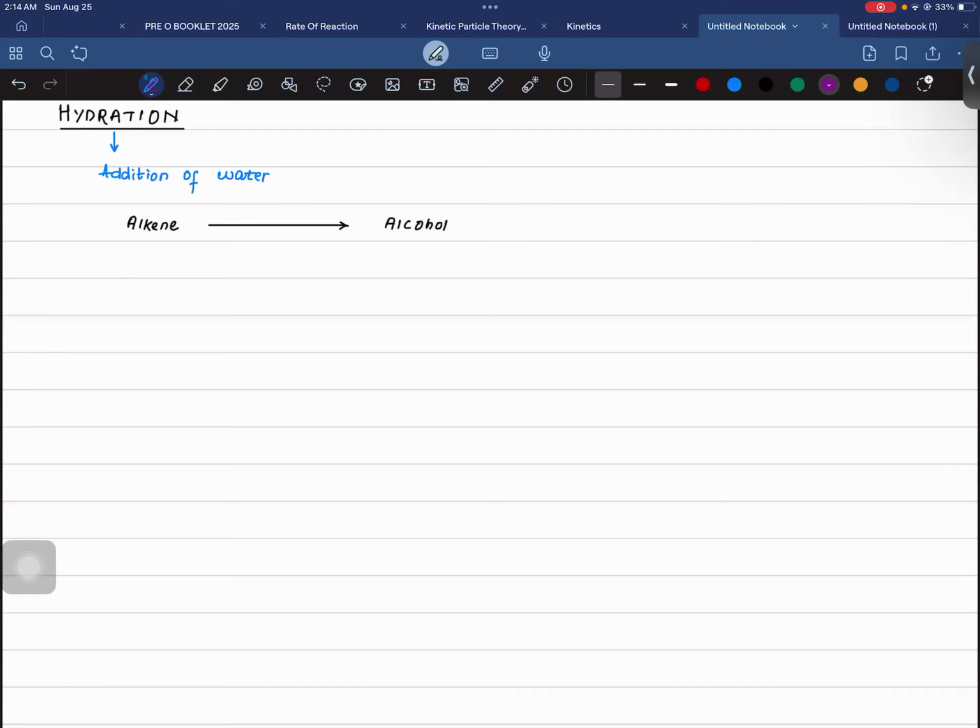So let's suppose I have this ethene and I am going to add water to it, plus H2O. H and OH, okay, H and OH. So we need some particular conditions like H3PO4 as a catalyst, phosphoric acid,